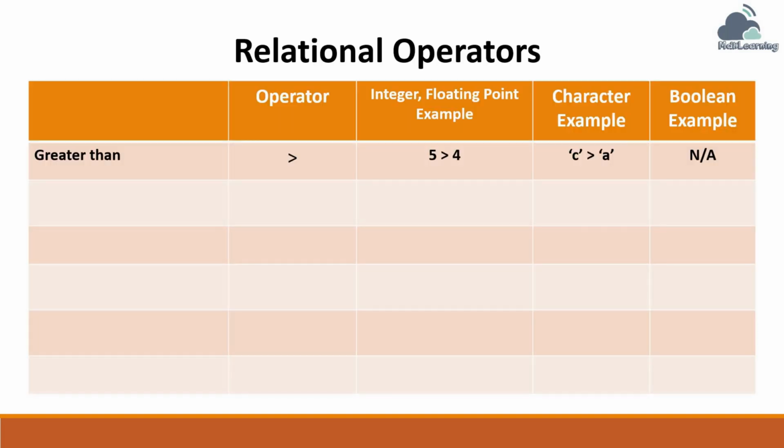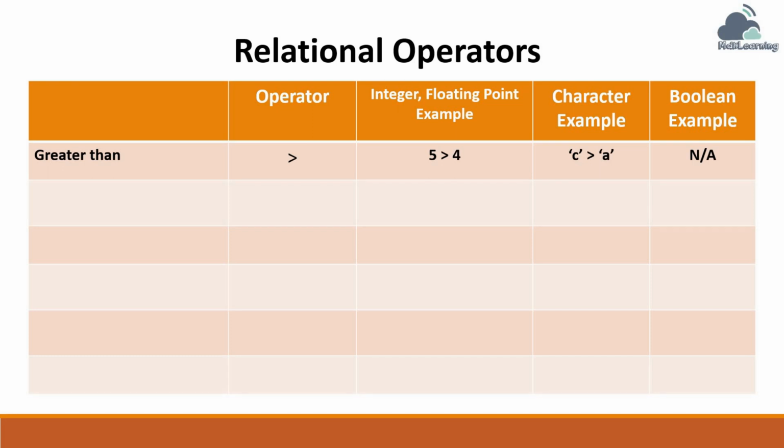Now when we do comparisons, what we're doing is checking the relationship between two values. So we use these things called relational operators. And there are 6 relational operators. So let's take a look at each of those. So our first one here is the greater than operator. And that operator is the traditional math greater than symbol. And if we look at the values we have here, the number 5 is greater than the number 4. And when it comes to characters, the comparison actually uses the Unicode code point. So the letter C has a larger Unicode code point than the letter A, so C is considered greater than